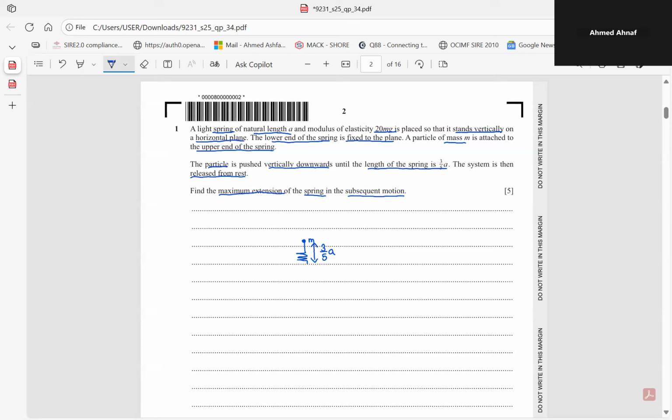So let's use some common sense here, okay? So when will you have maximum extension? When you maximize your EPE and you minimize all the other forms of energy. But you have to know that if you want to have a maximum extension, there's no way you can minimize GPE. You can only minimize KE. So when the spring has maximum extension, there is only going to be EPE and GPE. Okay, so we're going to let the length, like in the final position,